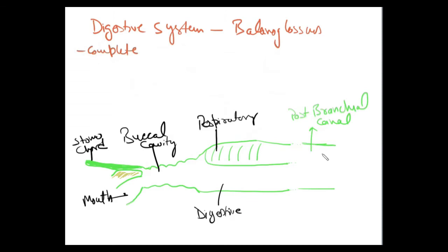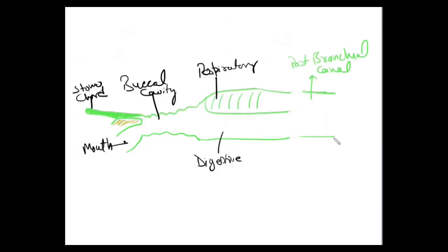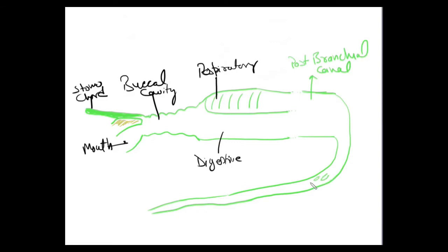Now the esophagus leads into the intestine. The intestine is present in the trunk region of the animal, and it occupies the hepatic and post-hepatic region. In the hepatic region, the dorsal wall forms numerous circulations and forms the hepatic ceca, which are visible externally also. These are the hepatic ceca.